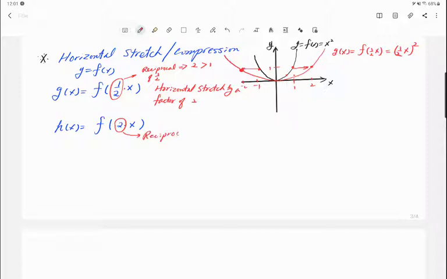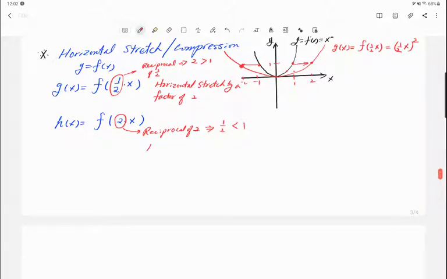Reciprocal of 2 is what? It is 1/2, right? Then 1/2 is less than 1. So this is horizontal compression. There's a rule, so just follow the rule. So this is horizontal compression